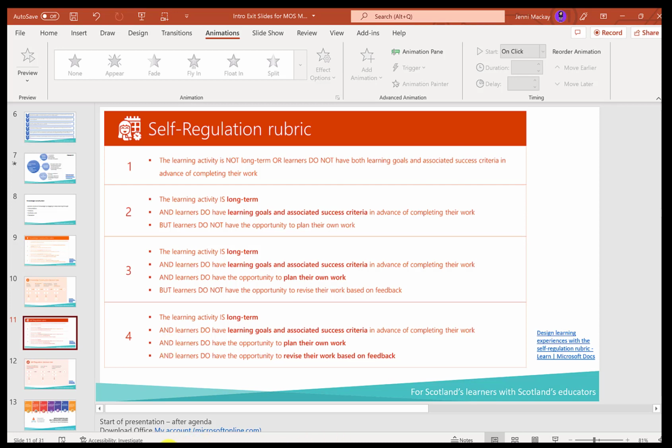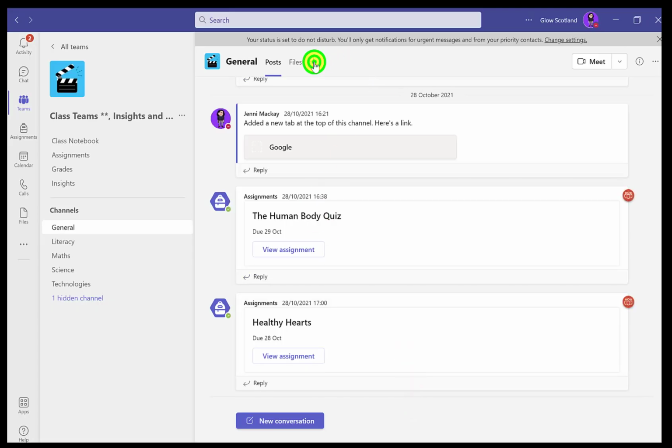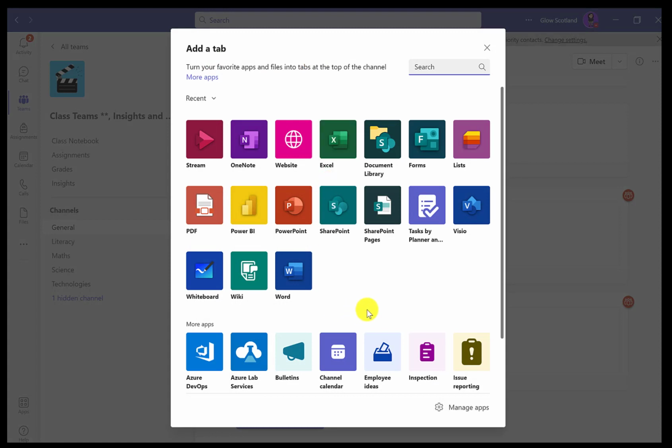So again, if you are less familiar, in here you would just add it as a new app, and you can add in tasks which can be allocated. It's so simple. Lists is also great. You can have targets, you can use tags, you can use it so that you can track the progress of